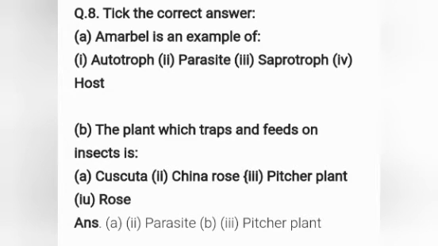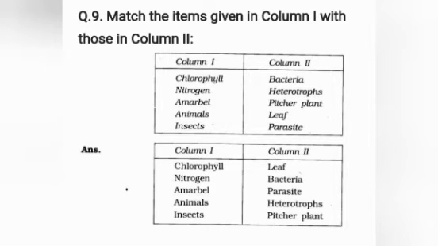And our ninth question is, match the items given in column 1 with those in column 2. You can refer to the diagram and take down the notes. Chlorophyll is located in the leaf, nitrogen is in bacteria, Amarbel is in parasite, animals are in heterotrophs, insects are in pitcher plant. And our tenth question is,